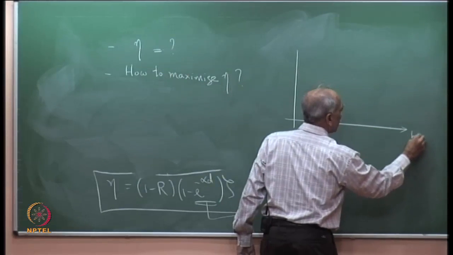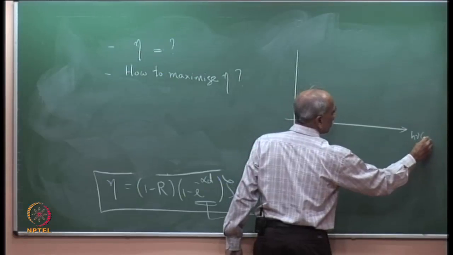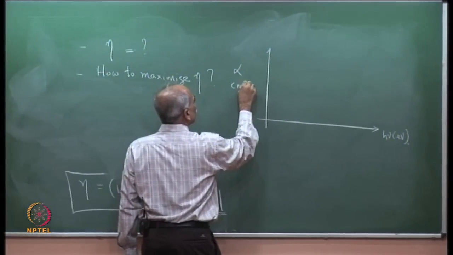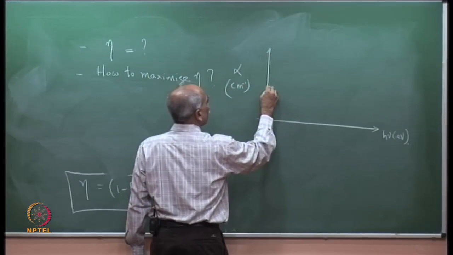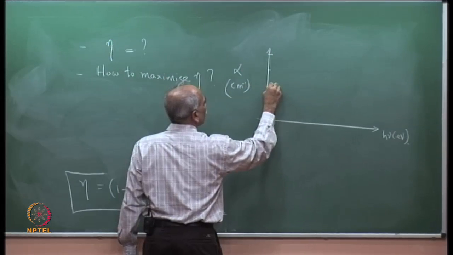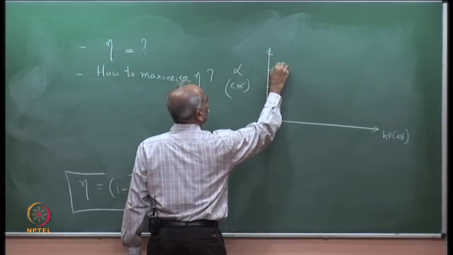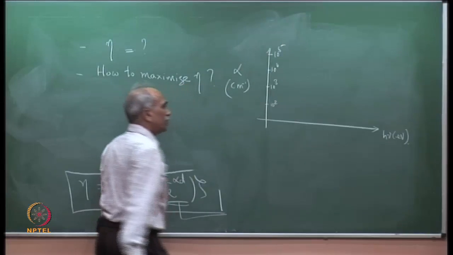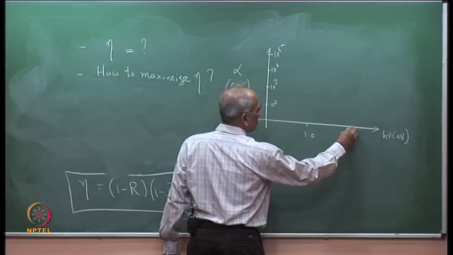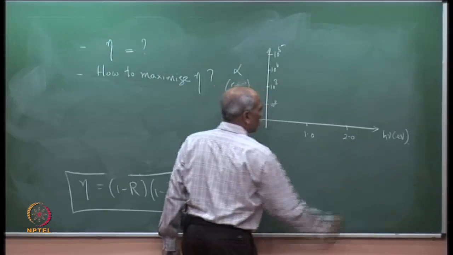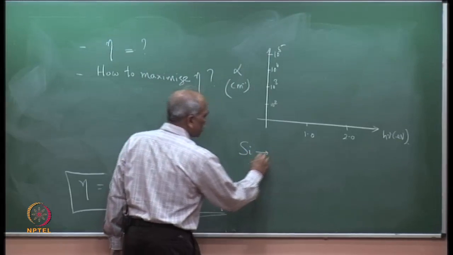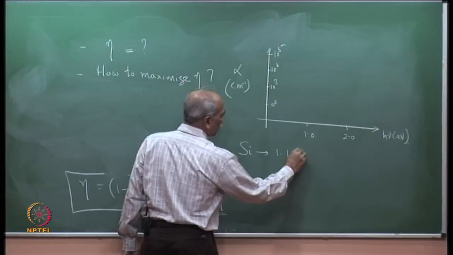So, here is h nu in eV, and here is alpha in centimeter inverse. You may recall that we had numbers like 10 to the power of 2, 10 to the power of 3, 10 to the power of 4, 10 to the power of 5 centimeter inverse, and we had 1 electron volt, 2 electron volt, and so on. So, if I take two important semiconductor materials, namely silicon, which has a band gap of 1.1 eV,